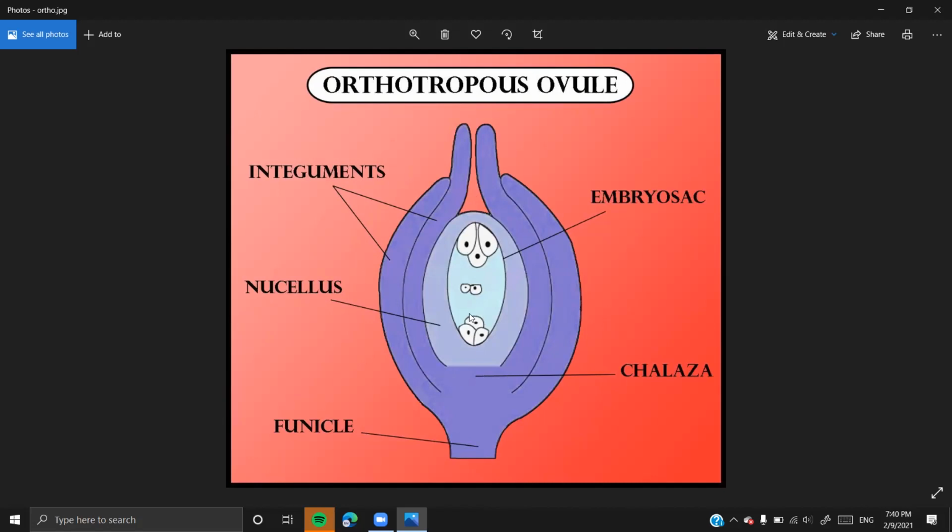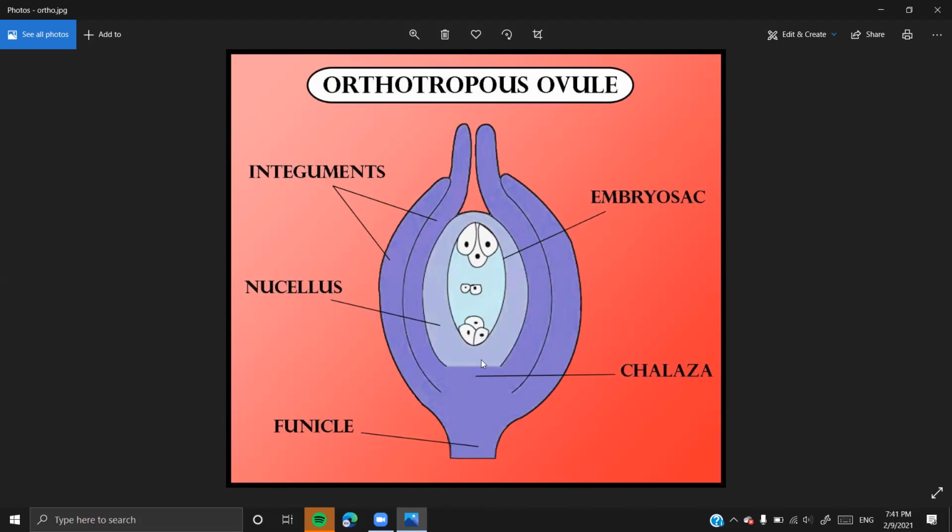Based on the arrangement of the whole body of the ovule on the funicle, we divide the types of the ovule. If we talk about the orthotropous ovule, the body of the ovule is lying very straight, upright over the stalk, which is called the funicle here. The micropyle, see this end where the integuments are leaving a space, is the micropyle. The chalazal end, as well as the body, is completely straight on the funicle, upright it is. So the chalazal end as well as the integuments are lying straight on the same line.